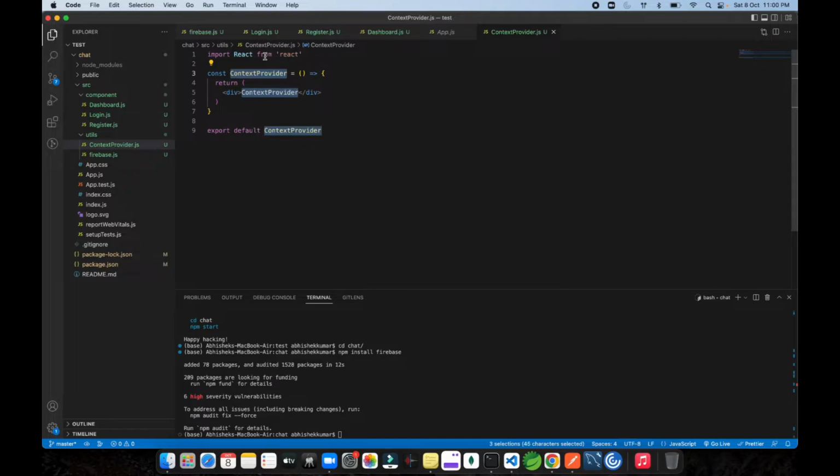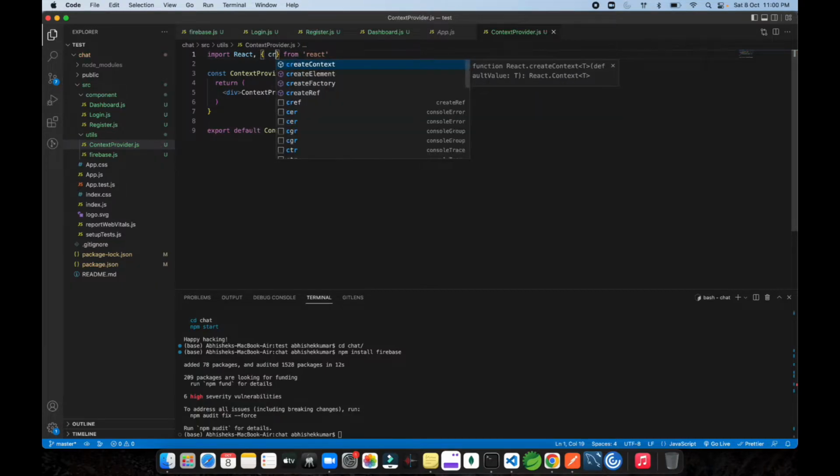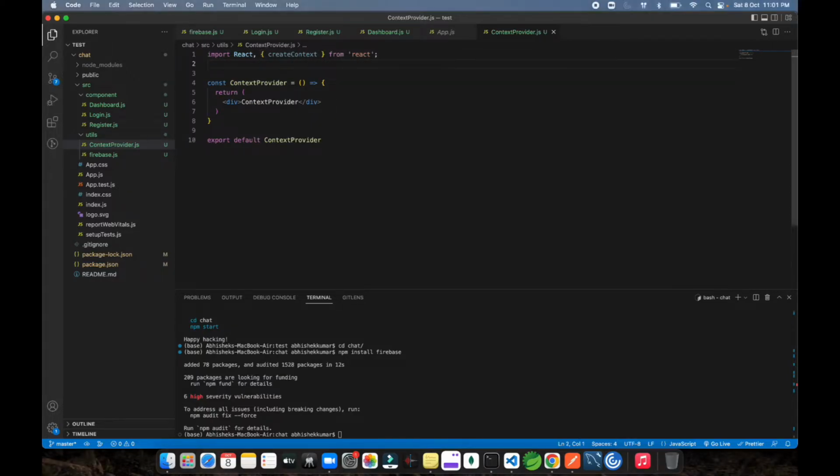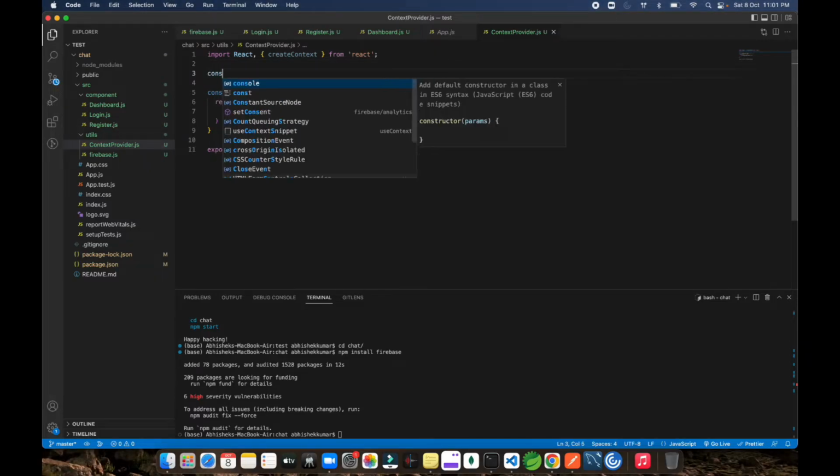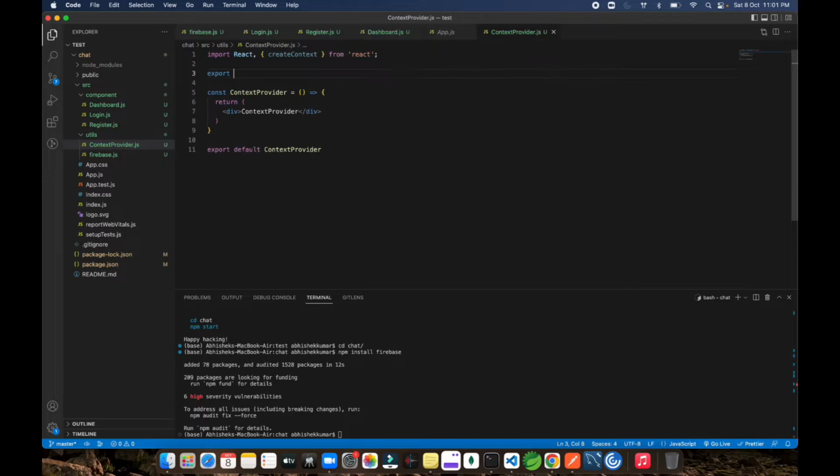So just what you need to do, just go over here, use create context. So I'm just going to create a context. Create context means it will make you the context API. Okay, so create one context over here. Export const. We're gonna be doing export const PathContext equals createContext. Okay, just make it as it is, and after that, what you need to do, just do this. Inside that, just type